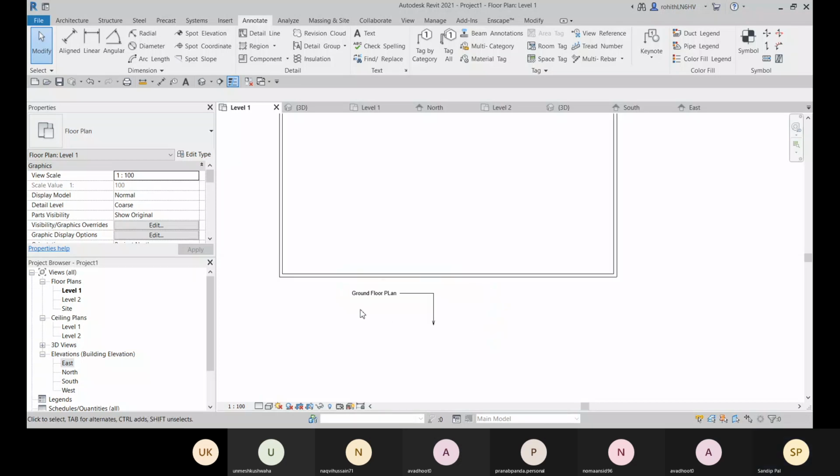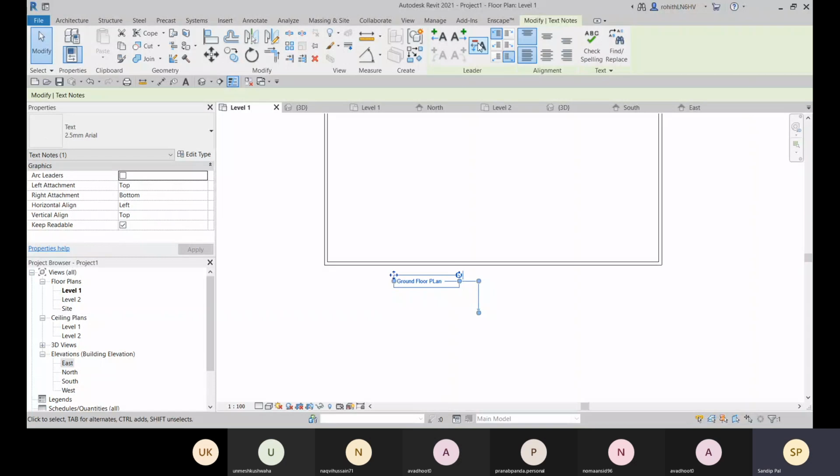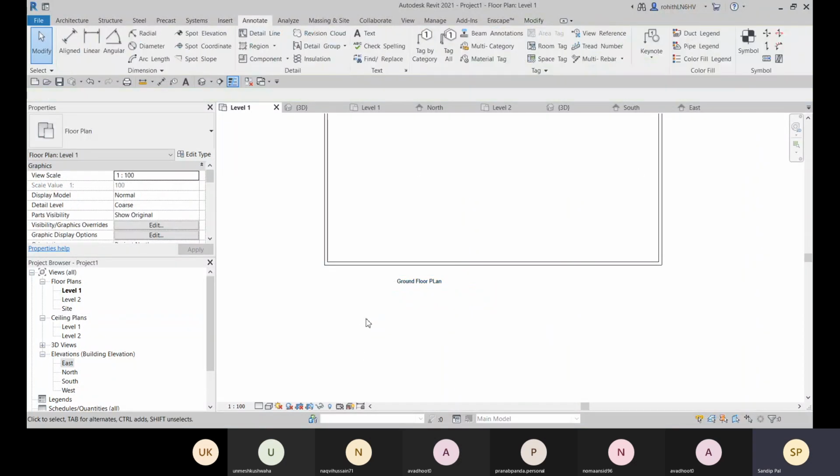You can add this for any detailed view, for any element, or for building components or furniture. For those, you can add these texts to highlight the name of those components, and you can provide these arrows. If you want to remove it, just select remove, and it is removed.